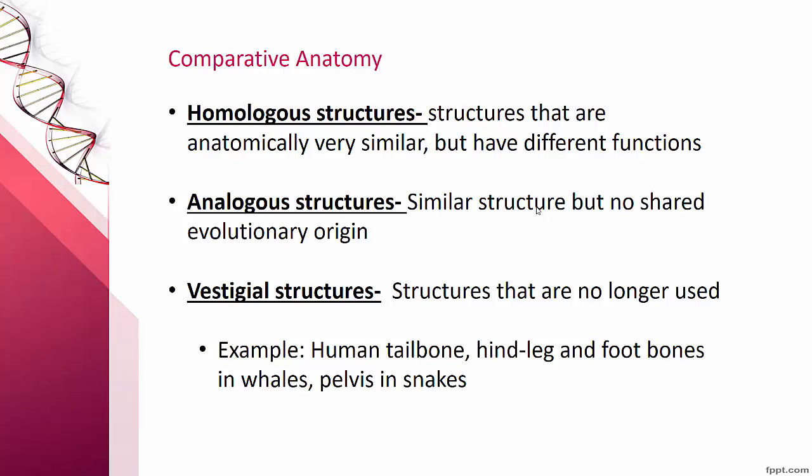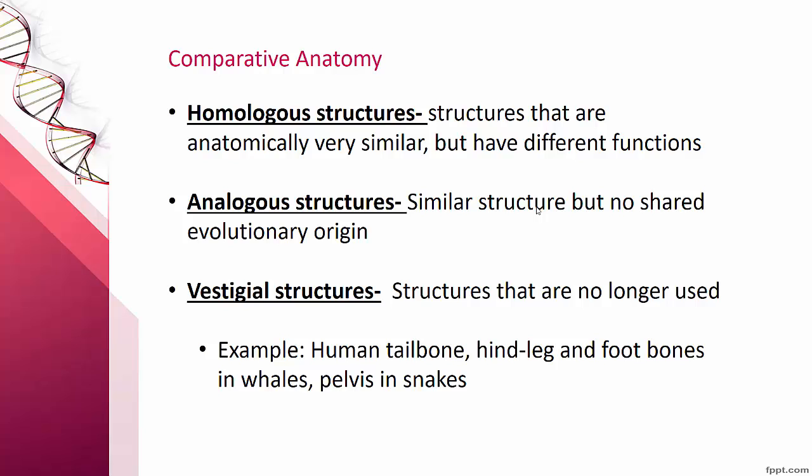When we look at comparative anatomy, we look at three different types of comparisons. We might be looking at homologous structures. So homologous structures are those with similarities. If you look inside of an organism at the bone structure, you might find they're quite similar, but when you look at the organisms themselves and their environments, those bone structures might do very different jobs. So a homologous structure is the same or similar structure, with a different function. Conversely to that, you have